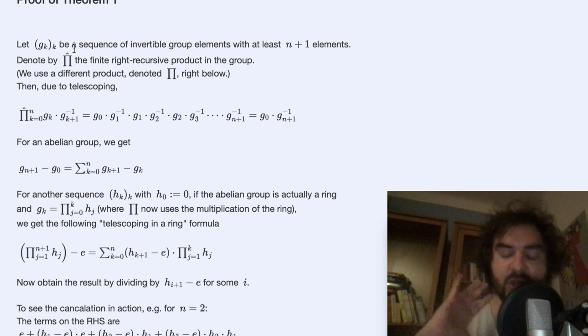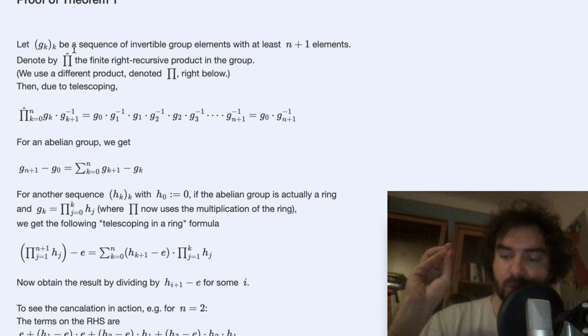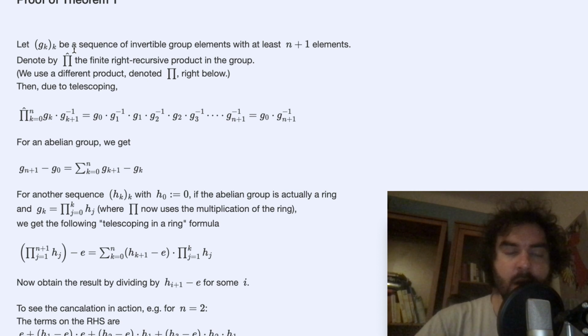So first we just work in a group, right? We have some product, and we have inverses for all elements in this group. And so if you have this sequence, can even be an infinite sequence, whatever, a sequence of these group elements. Then if you pairwise write them down, you know, g_{k+1}, and the second term is inverted,